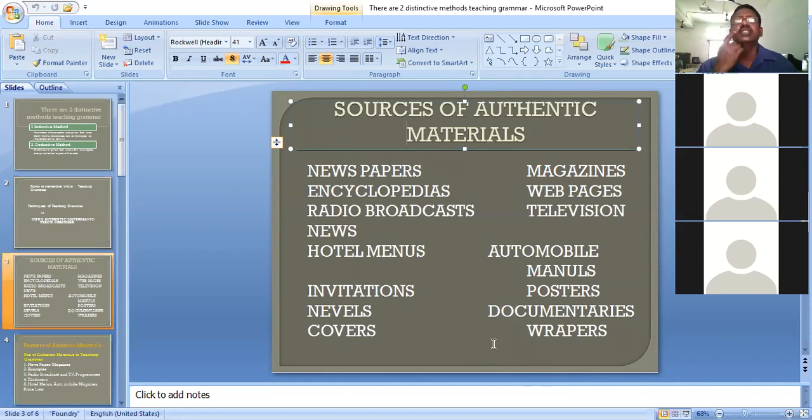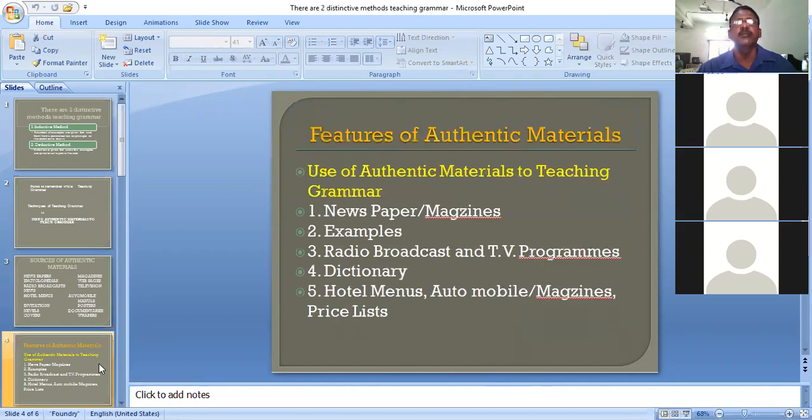These are the sources of authentic materials. Then next, see the features of authentic materials. What are the features? They are produced for language teaching and simplified for the students, showing the real world. Observe the nature and sceneries, and read the sceneries and pictures, graphs, charts, and etc. Through that, we can develop our English language.